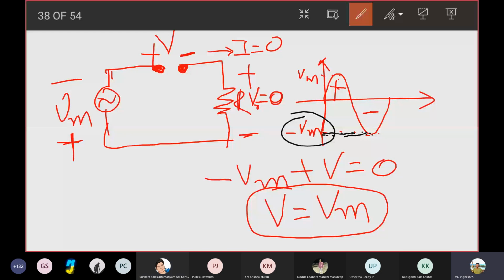If you go to the definition again, I need not write KVL, as I already told. It is the maximum reverse bias voltage that you can apply across the diode. What is the maximum reverse bias voltage that this diode sees? The maximum voltage in the negative direction which the diode sees is VM, right? So that is the peak inverse voltage. Is it clear? Okay. So this is the peak inverse voltage of your half wave rectifier.